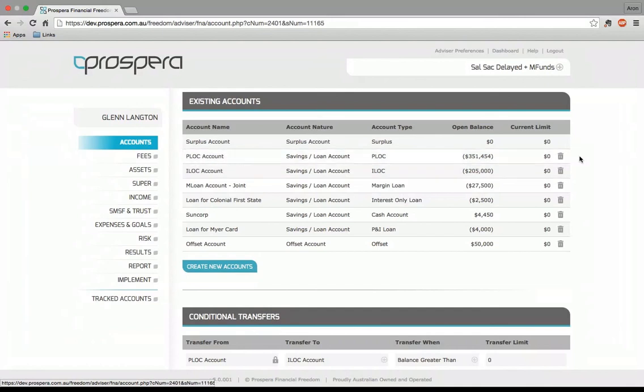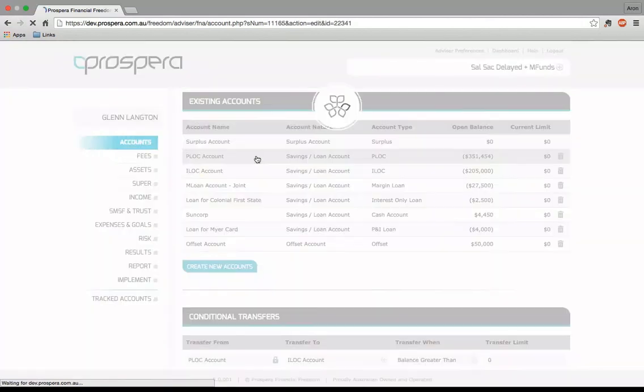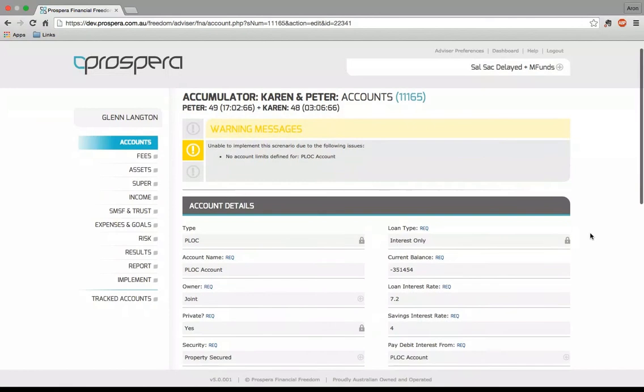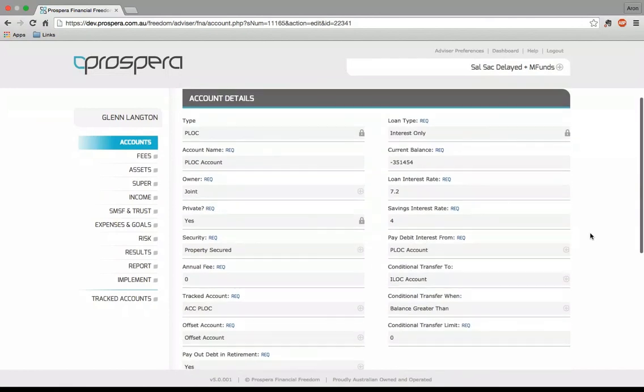A couple of things to note on this page. I can click on any of the actual accounts, which will let me go in and edit those accounts, and we'll have a look at the primary line of credit in a second. I can also remove accounts as well. If you look to the right-hand side of the account rows here, there's that little garbage bin there. That lets me remove those accounts, if I've created some accounts that I need to remove from the model as we move along. You've also got the Create New Accounts button in the bottom left-hand corner here. If I wanted to create a new account that wasn't in the list here, that's how I'd go about creating that new account. So let's have a look at the primary line of credit first,